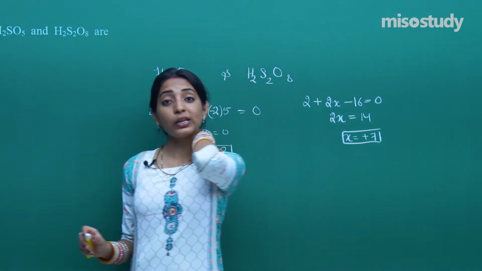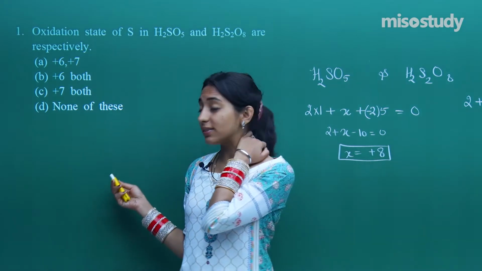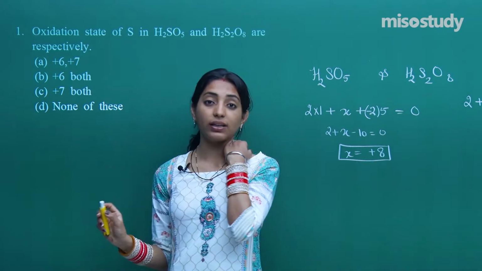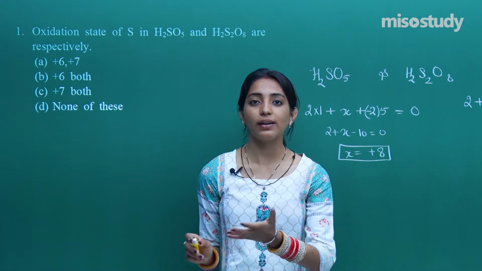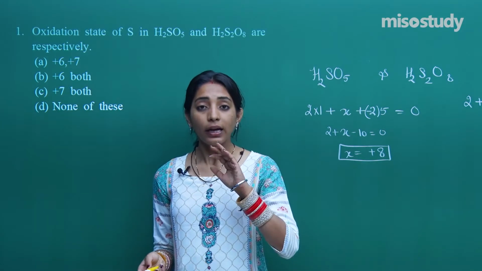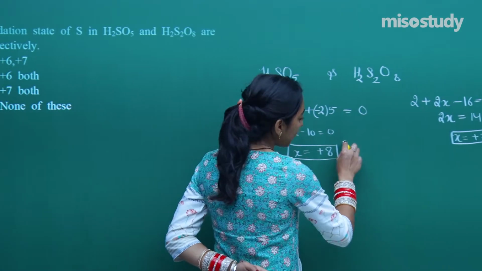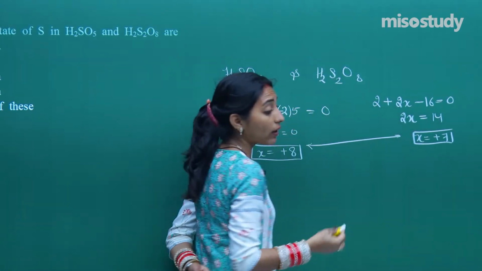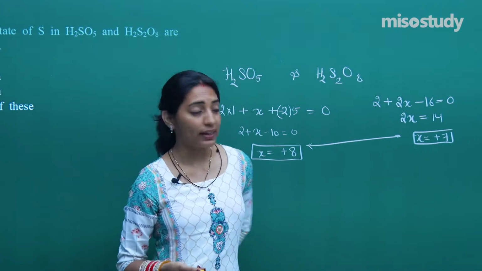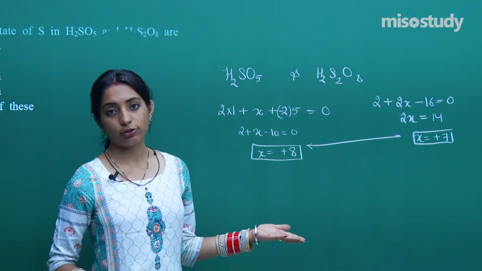So as you can see plus 8 is not there, so you might be confused, but then there is this option none of these. So you might be thinking, oh, none of these is there, so maybe D is the correct option, right? And rarely we get none of these as the answer, so you may be marking D as the correct option. But guys, before you mark the answer, let me first tell you the oxidation state. These are the ones that you calculated theoretically. They are not the correct oxidation state. These are just which you got by calculation. So these are calculative oxidation state.